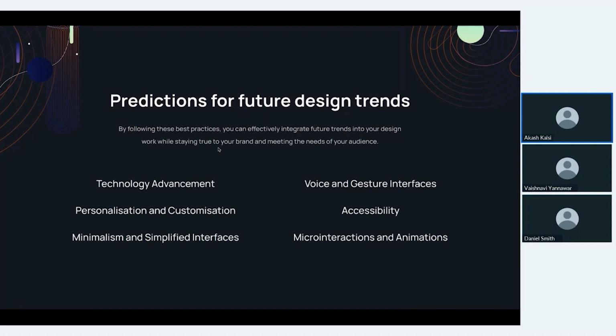So the final point we have is micro interactions and animation. As I told you before, what micro interactions are. In the future, we can expect more new plugins and tools in which we can easily make these small yet impactful interactions, such as animated transitions, hover effects, and micro animations in our designs more effectively and make it